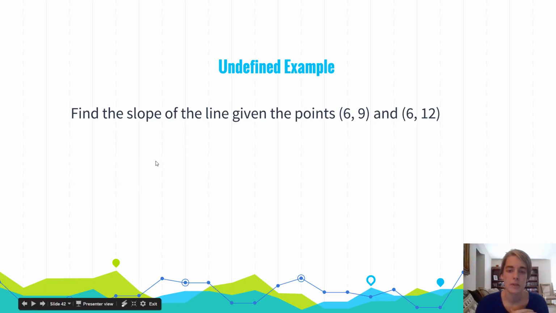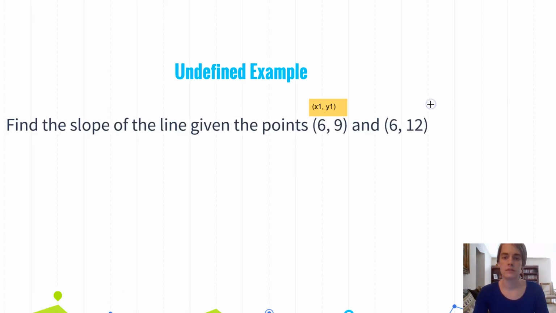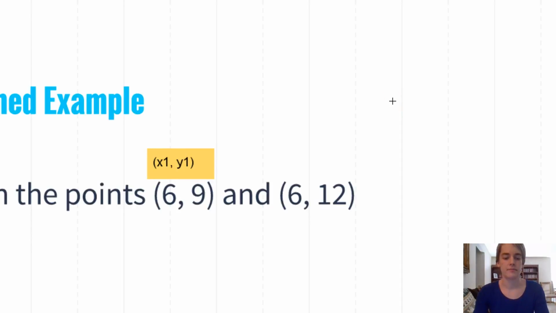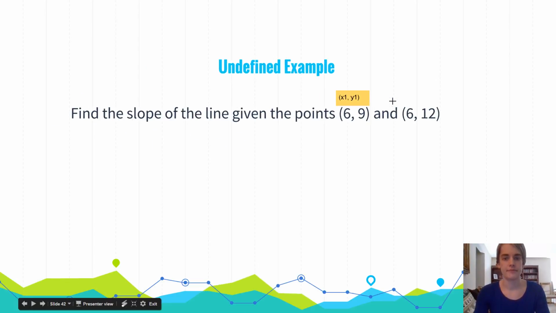All right, last example with 2 points. This one is actually going to give you an undefined slope, and I'll show you how. And if we label these again, I'm going to go through this one a smidge faster. X1 and Y1. X2 and Y2. When we do our formula,